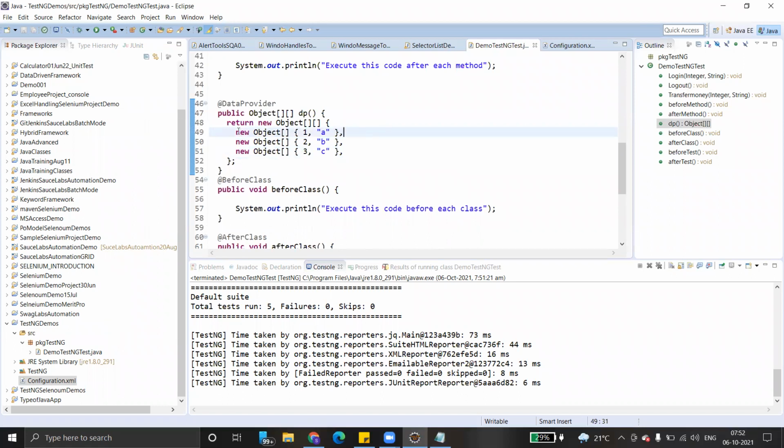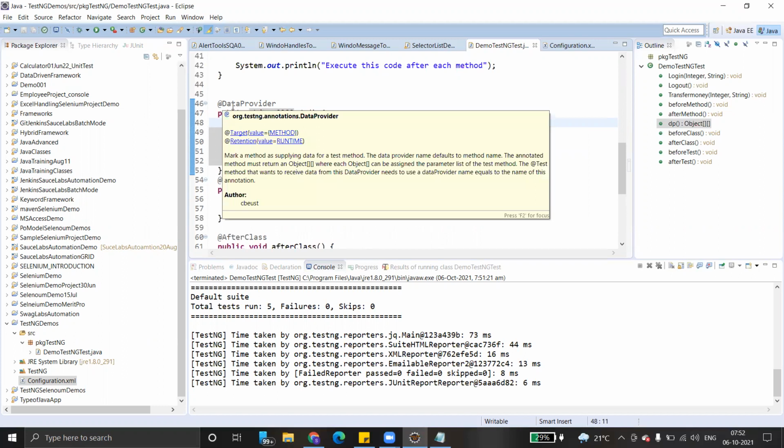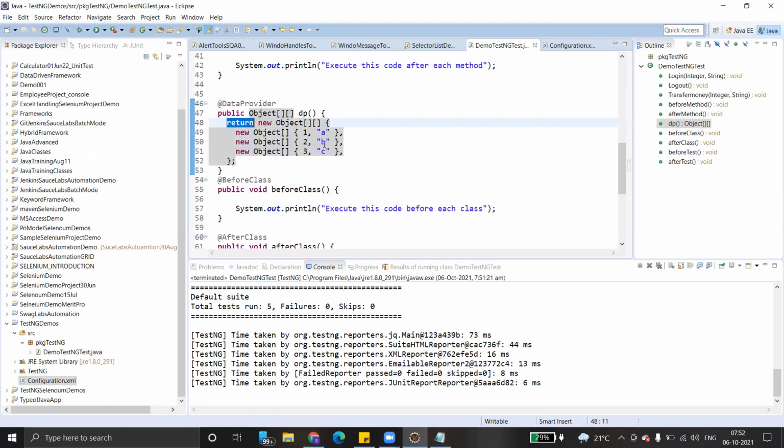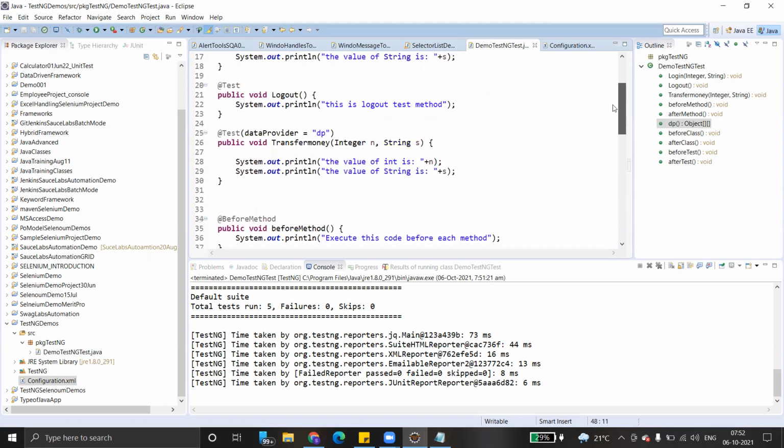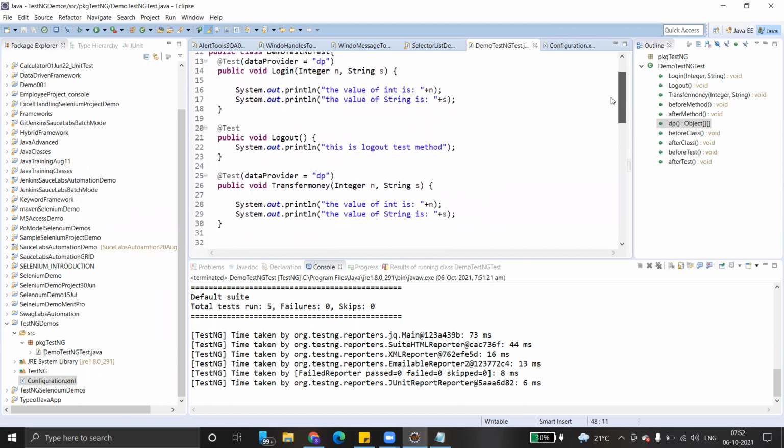This object basically returns a 2-dimensional array type object. The data provider at the end of the day returns these values, that's all. Whenever we use this data provider tag at the test method level, it iterates those many times.